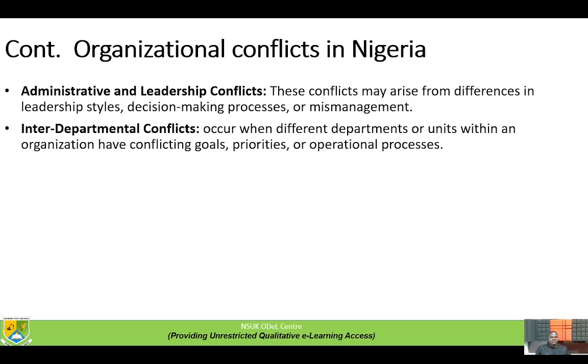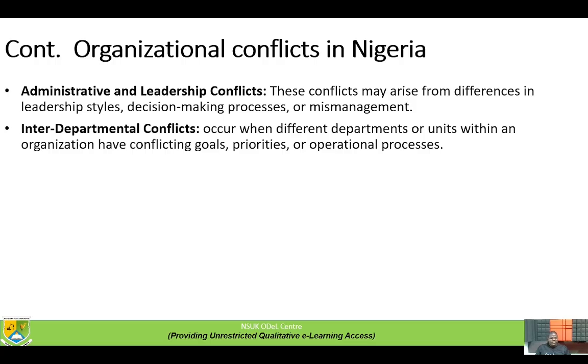We have administrative and leadership conflict. This is also very, very sensitive. This conflict might arise from differences in leadership style, decision-making process, or mismanagement. These are some of the key problems that affect our public organizations in Nigeria. Mismanagement of resources: when resources that are meant to address the general interest of the people are not properly channeled and managed,